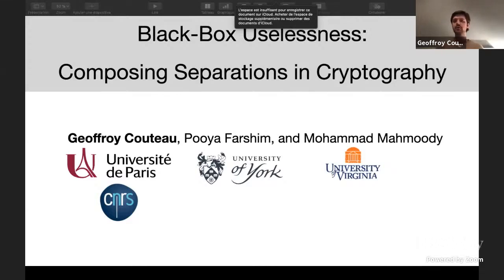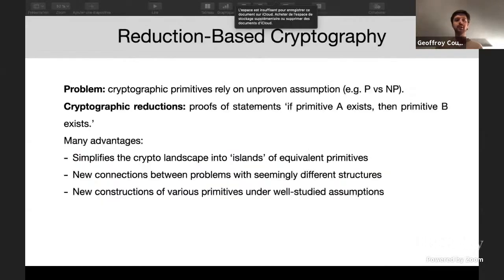In this work, we try to take a fresh look at the notion of black box reductions that you've heard about already quite a few times in this session. So let me briefly recall the basics. We're looking at cryptographic reductions. That's an area of cryptography where we try to prove statements of the form: if primitive A exists, then primitive B exists. And that's very useful because at their core, essentially all or most of our cryptographic primitives rely